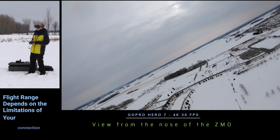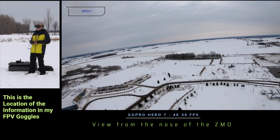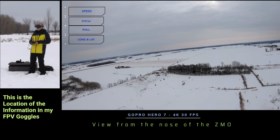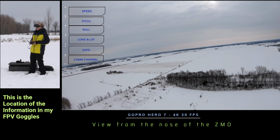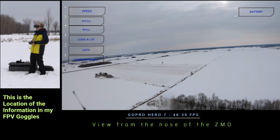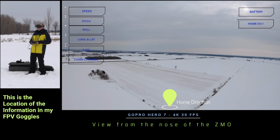Okay, so I'm gonna tell you what I see in my goggles. So I see the speed on the left, then I see, it's all blurry, I see the pitch and roll, then I see the longitude, latitude, then I see the number of satellites, I see what channel I'm on, and I see my battery time remaining. This is supposed to fly for an hour on this battery, so I've got a lot of battery time remaining according to what it's showing me there. Yeah, it's showing me an awful lot. And it shows me distance from home is